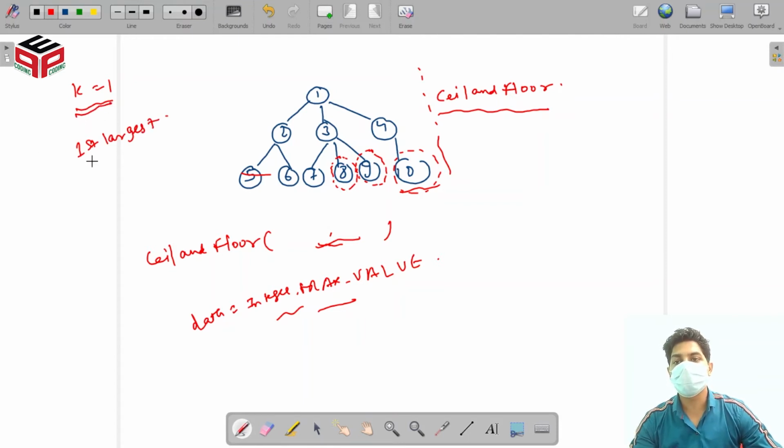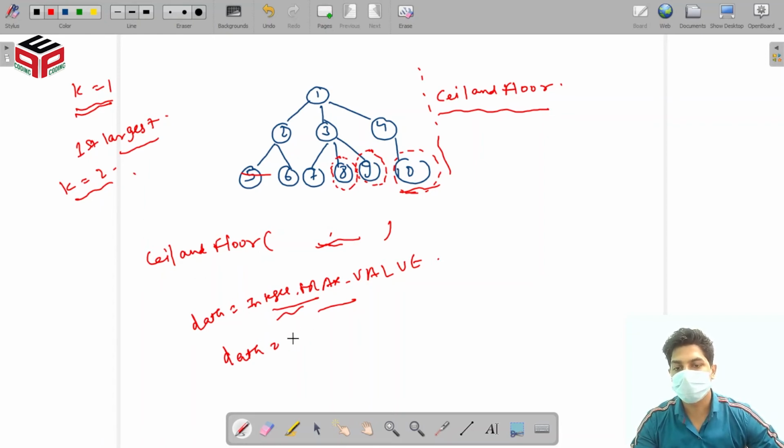But suppose k is equal to 2, and the question asks us to tell the second largest element. Now suppose we got 10 as the first largest element in this tree. Next time, instead of Integer.MAX_VALUE, whatever the ceil and floor function gave me, I will store that in data.